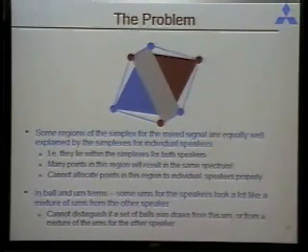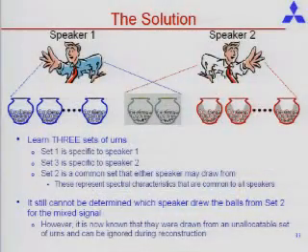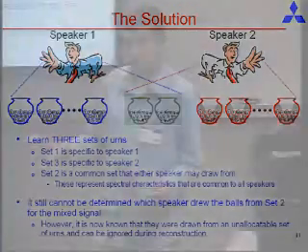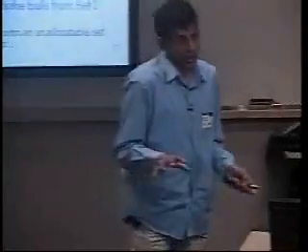Or rather, in ball and urn terms, say if speaker A has an urn with a certain distribution of balls, and there are some combination of urns for speaker B which give you the same distribution as this urn for speaker A. And if I have some collection of balls from the urn for speaker A, I won't be able to say for certain whether it came from that urn for A or from that mixture of urns for B. And so what happens is the allocation of energies to the two speakers can be arbitrary, which really ruins things.